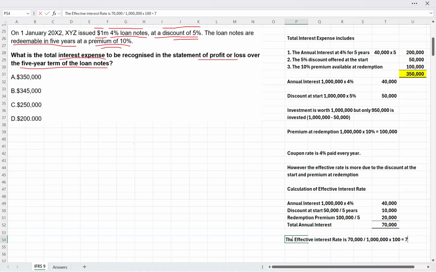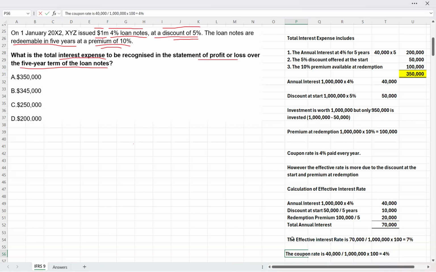So the answer is 7%. The coupon rate is 40,000, which is the interest, divided by 1 million multiplied by 100, that is